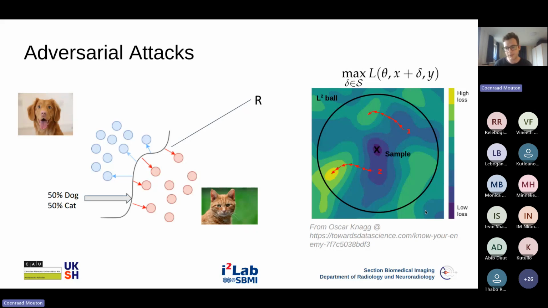Now, the reason for the ball is we want to control the size of our perturbation. If we just try and find the point of maximum loss without this ball, we're going to find a point very far away from the sample, and it's not going to look like a cat anymore. If you perturb it enough, your cat will start to look like a dog. So we make this ball very small. We say, in a very tiny area around this cat, can we find a point of high loss? And that's how you can craft an adversarial example. So the point over here would correspond to an adversarial example, a cat that still looks like a cat to us, but the network will classify it as a dog.